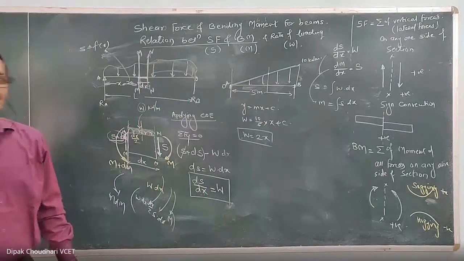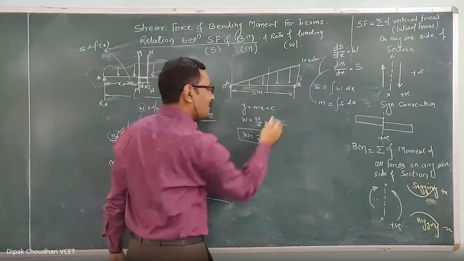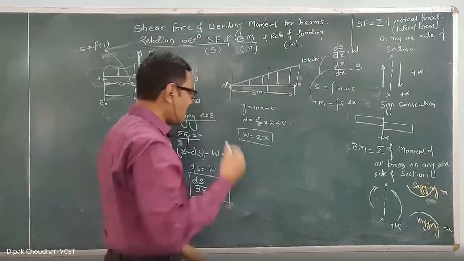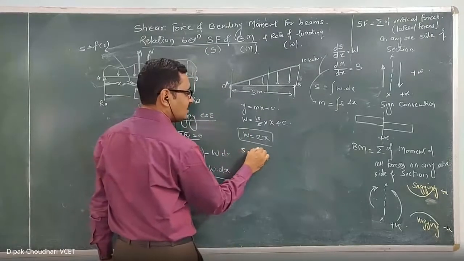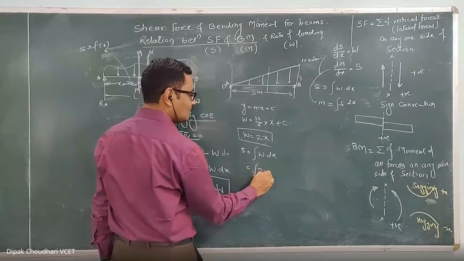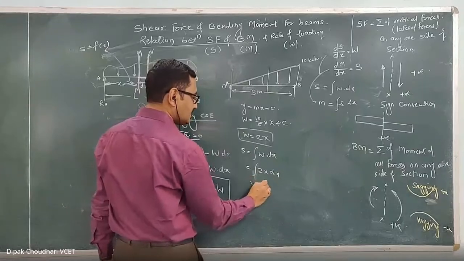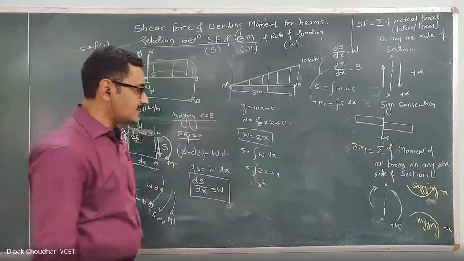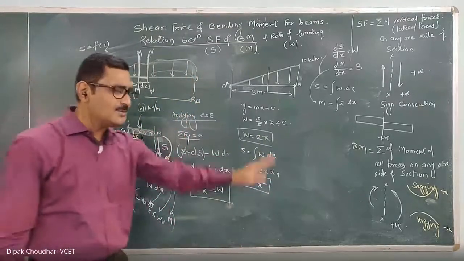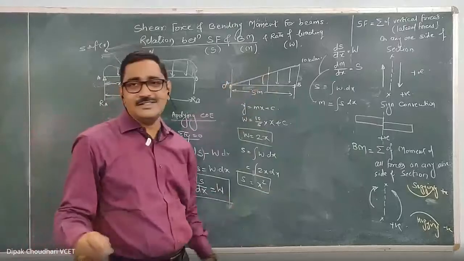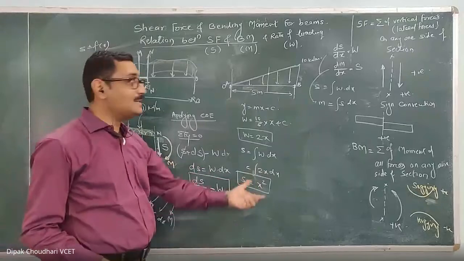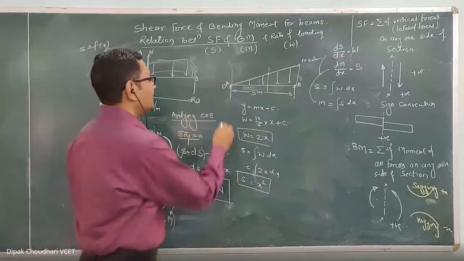Understood? So this becomes the equation of this loading. Understood this? Now for this A to B, if I want to write down the equation of the shear force, how the shear force varies, then the shear force equals the integration of w into dx. If I integrate it, 2x dx, so it will become 2 into x square upon 2, 2 to get cancelled. So it is s equal to x square with some constant. Therefore, for this loading, that constant of integration will be 0. So it is s equal to x square. This becomes the equation of the bending moment for this. Sorry, shear force for this.